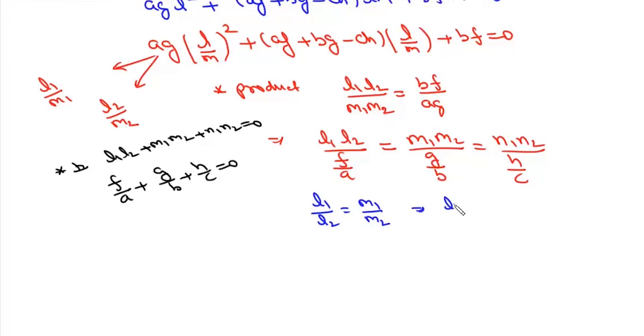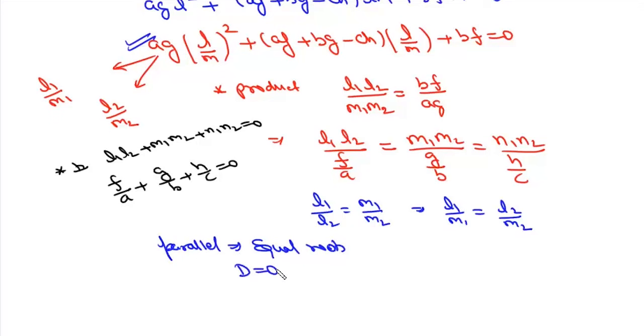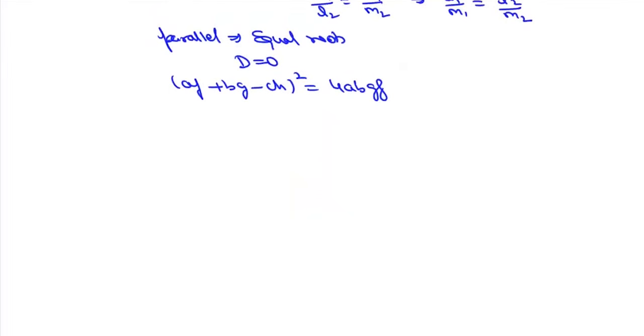So from here we'll get this condition that L1 upon M1 will be equal to L2 upon M2, which means this quadratic equation will have equal roots. So the condition that they are parallel translates to the condition of equal roots, and the value of D must be 0. So we'll get (AF + BG - CH) whole square equal to 4ABGF. Now we square it, we can write A square F square plus B square G square plus C